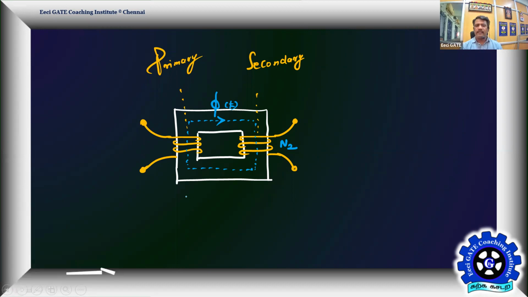Okay, let me go ahead. The flux in the core is linking the given number of turns. The number of turns in the secondary is 55. As per Faraday's law of electromagnetic induction, an EMF will definitely be induced in the coil. Which one will be positive and which negative? The problem is not talking about that, but there will be an induced EMF. If you go by this direction of flux, you can strongly prove that this is going to be the positive terminal and this the negative terminal.